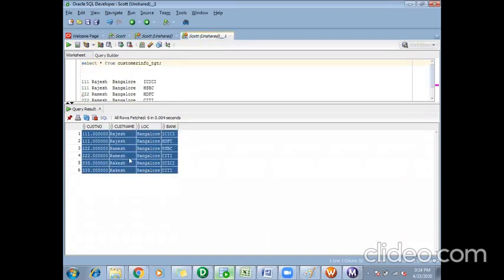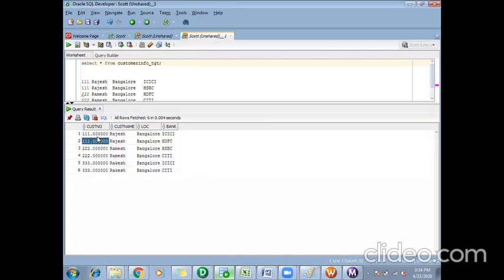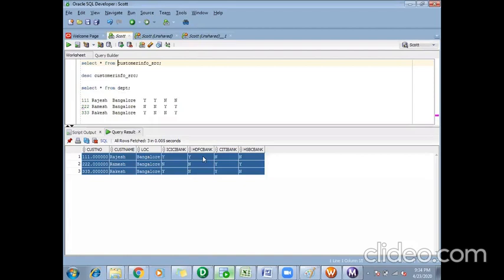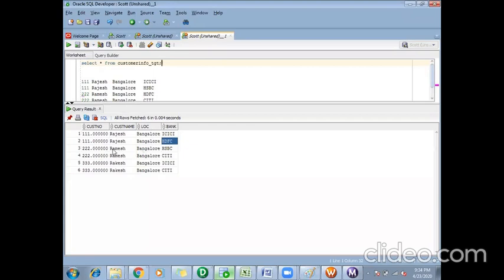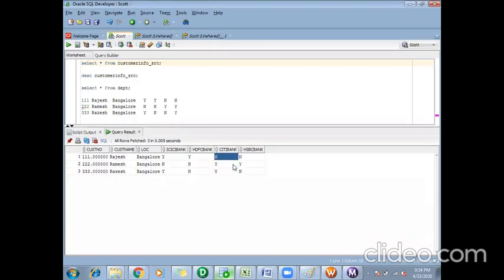So Rajesh, customer 111, was holding bank in ICICI, HDFC. So for ICICI and HDFC, it's yes. For the other two, it is NN. Like that. Ramesh was holding in HSBC and City. For HSBC and City, it is YY. And for the other two, NN. Rajesh was holding bank in ICICI and City. So it is Y. So like this, I can convert back columns to rows.